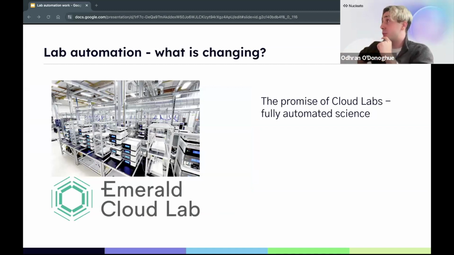An interesting example of this is the idea of cloud labs. These are a very novel thing. Emerald Cloud Labs is probably the furthest ahead. A few others are sort of beginning to take root. But the main idea here is that you try and automate everything and then make this automated lab available on the cloud to anyone who wants to use it. This is a very noble undertaking in terms of trying to get this all done. And one of the arguments of the advantage of this is that if all this data is centralized, you may learn how to do this better over time.